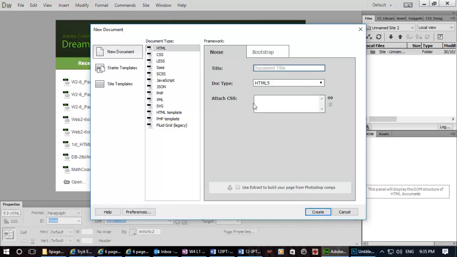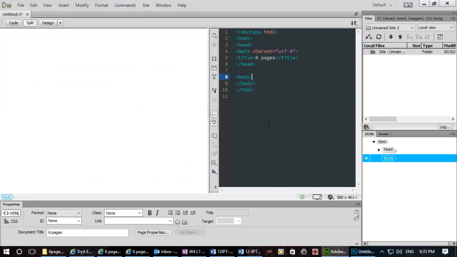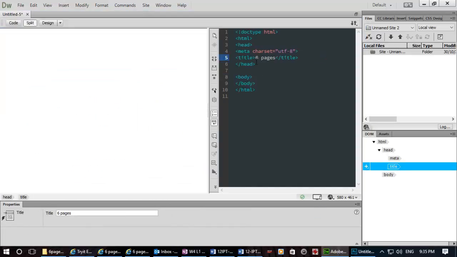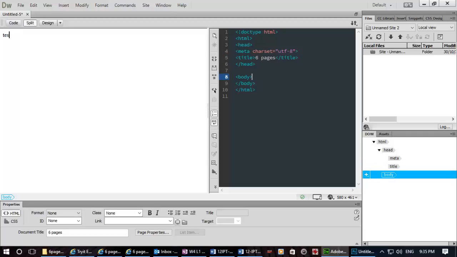Title. This will be what will appear at the top of your browser. 6 pages, anything will do. You can change it later. So there's our 6 pages sitting in there. It does not show on the page. Let's just write test, test,